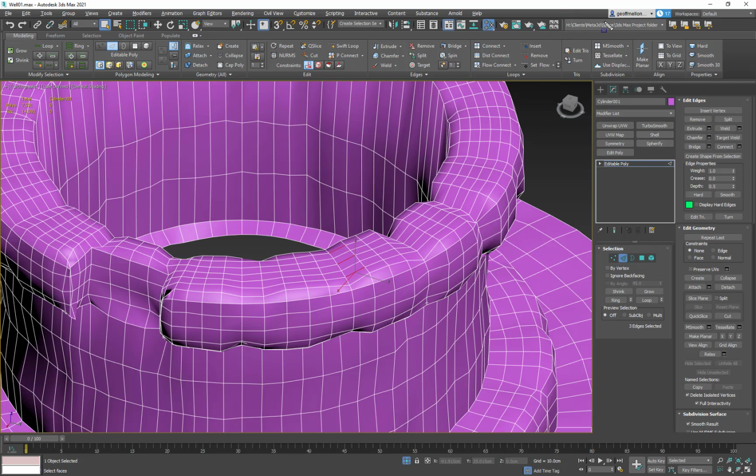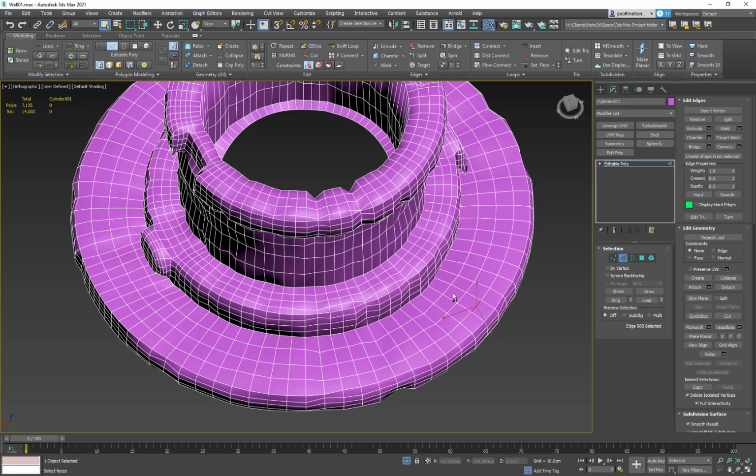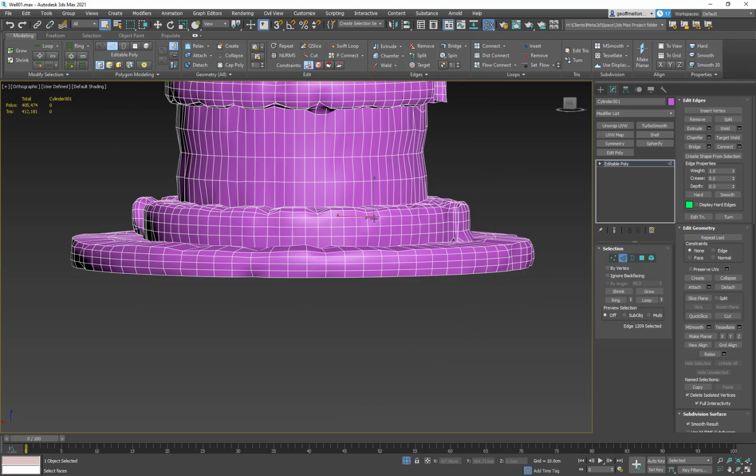Hold on, that's Camtasia doing something. So I'll do that one, I'll do that one, and I'll do that one, control backspace. I'll do this one and this one, or double click, control backspace. I'll do this one,